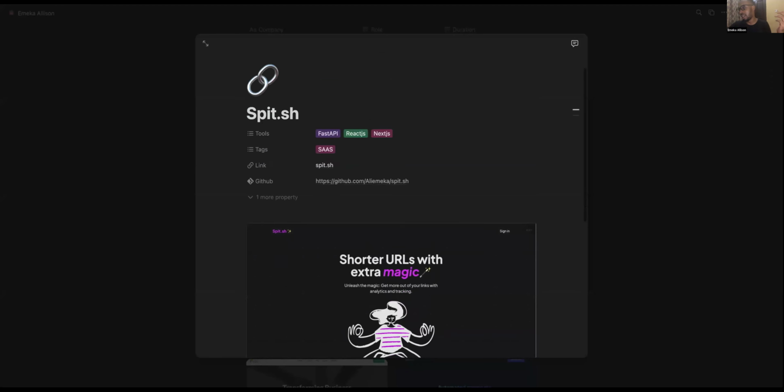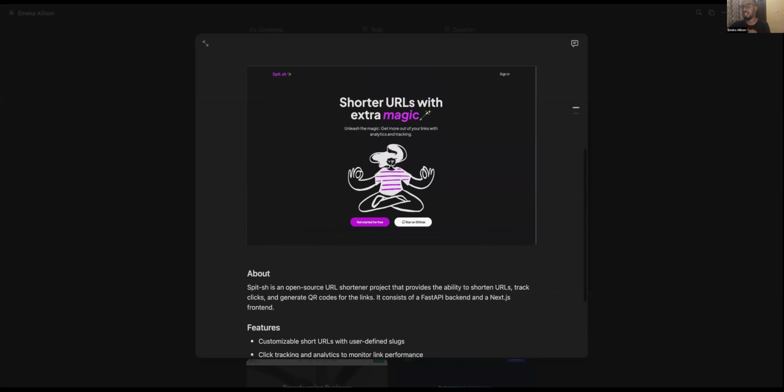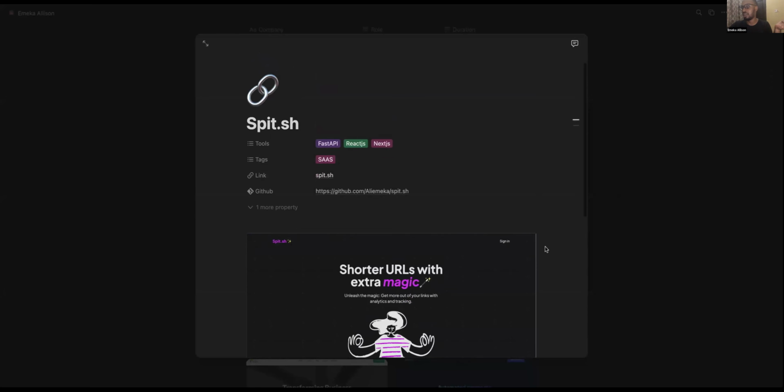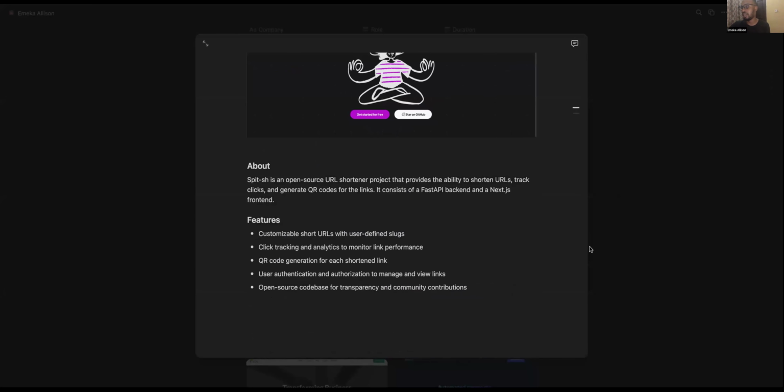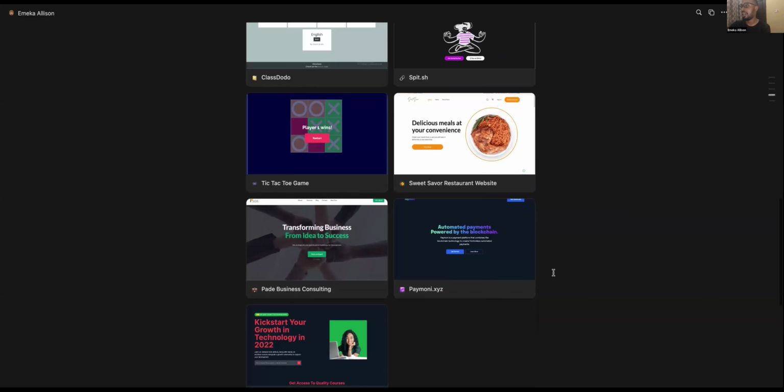Is this actually a product that actual people use? It's kind of like an indie project I worked on. It's a URL shortener. I use it most of the time if I want to shorten links I want to send someone, and to create custom links for myself. So I kind of explained what this is.